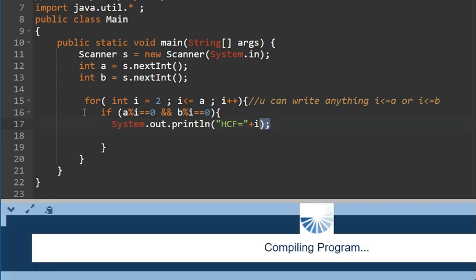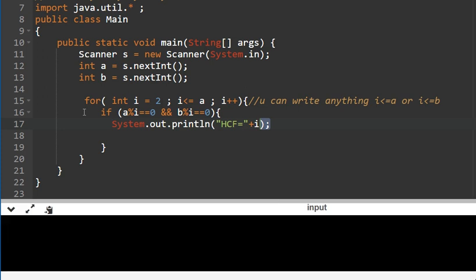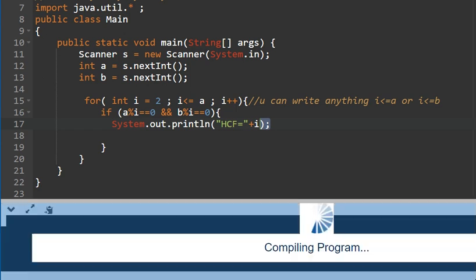Let's try to run this. Say 8 and 10. See, it's giving me 2. 2 is the highest common factor for 8 and 10. Let's try for